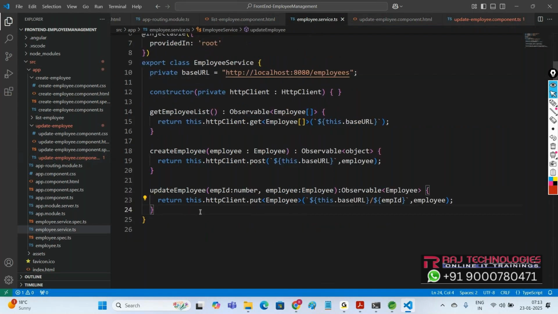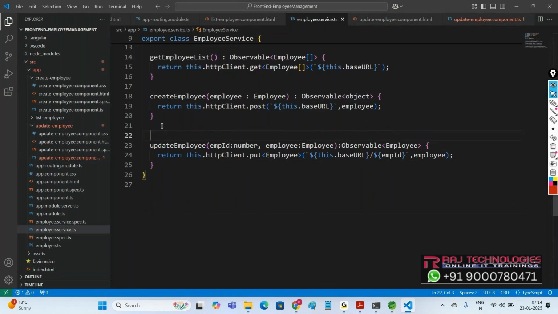Let us create that in the service. Let us create one method here. We missed out, get employee by ID, which takes employee ID as argument,